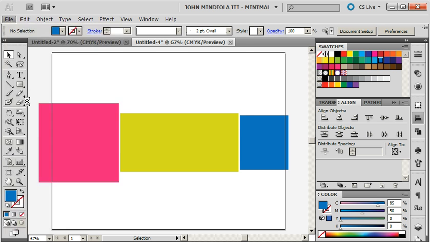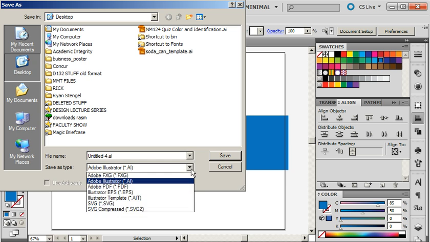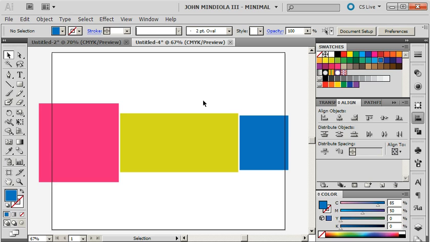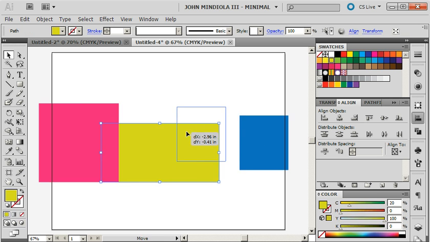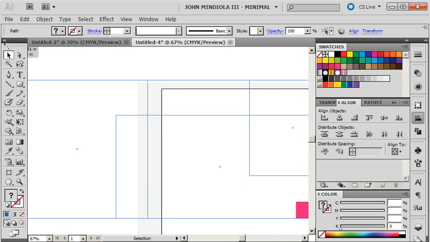If I were to File, Save this document right now, I can see that it's .ai. That is the default file format for Adobe Illustrator documents. You can see it says Adobe Illustrator .ai. There are other different kinds, but AI is the default. And Illustrator is a vector graphics creation application. It's for creating graphics and logos and other sharp-edged things, and it gives them full scalability. So if I take this and I make it really small, or if I make it really, really big,